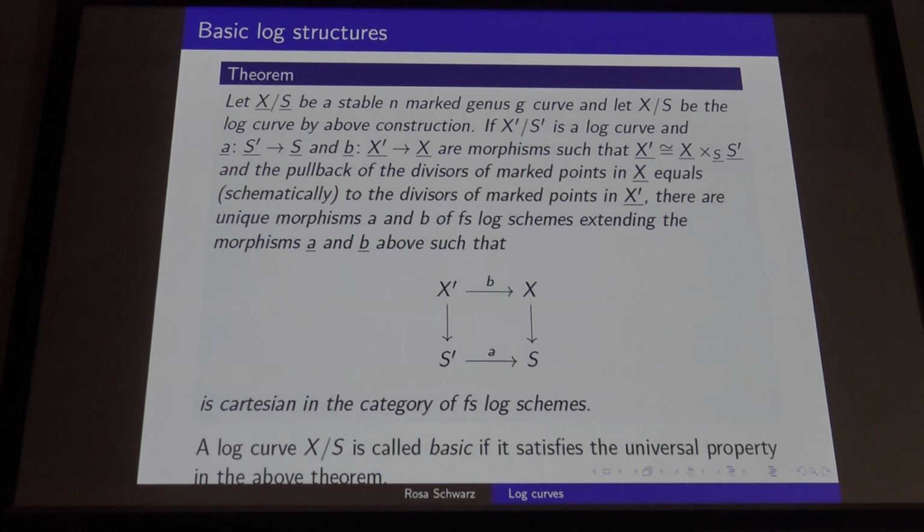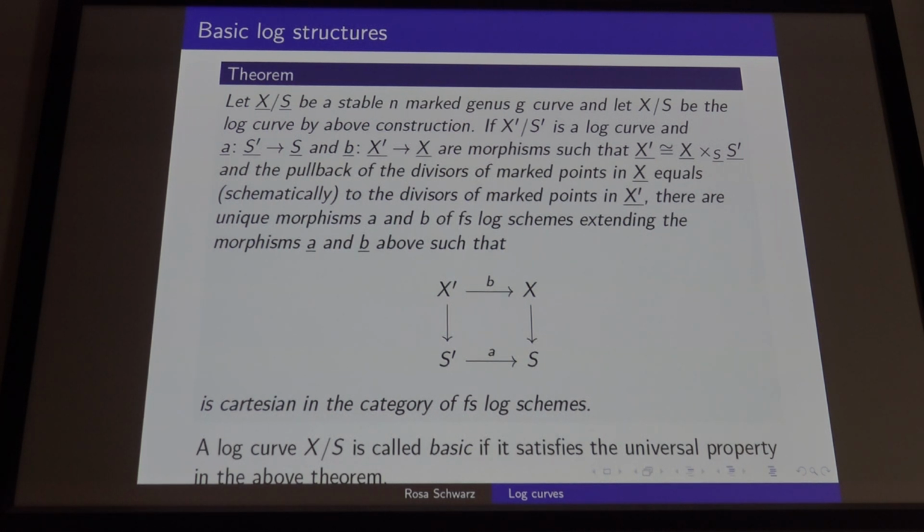a log curve is called basic if it satisfies the universal property here. So a log curve is basic if this log curve just has any log structure, but if you then have another log curve such that on the underlying morphisms of schemes you can make this thing come true, then there are unique extensions of these morphisms, A and B. That universal property, if that's satisfied, then you're a basic log structure. And